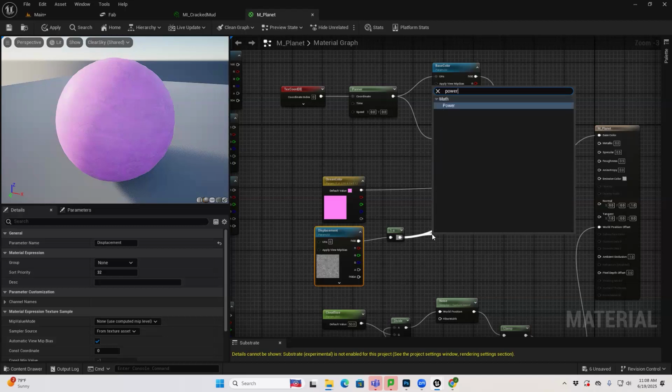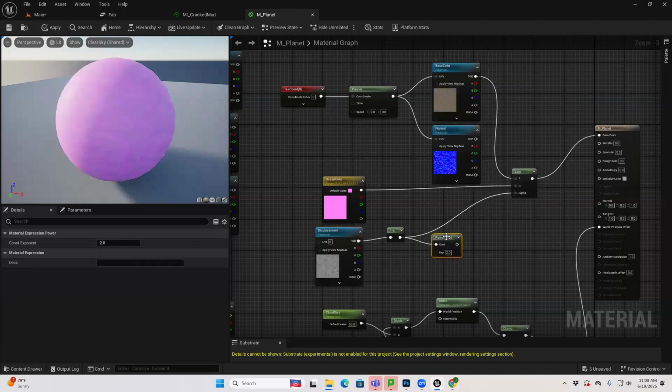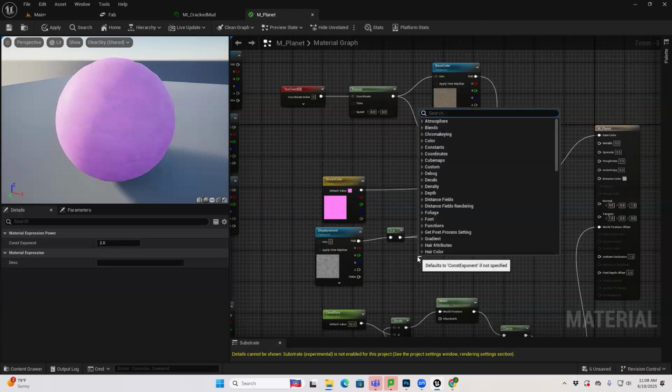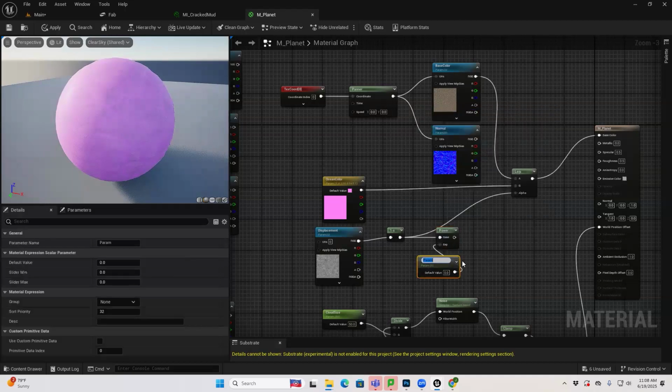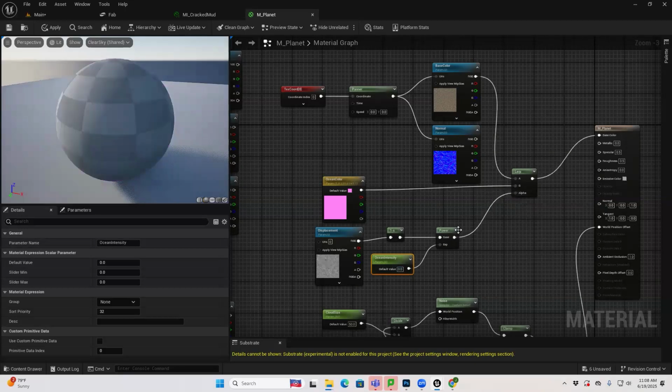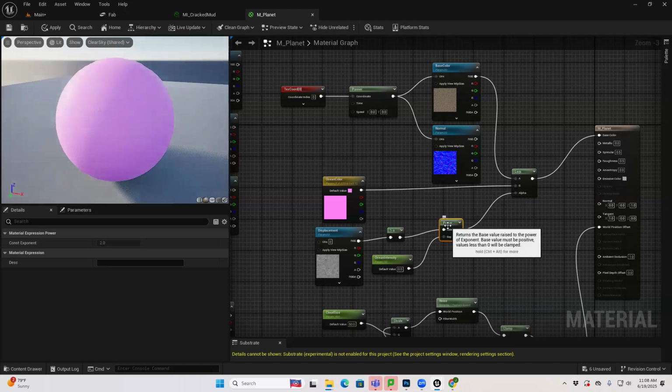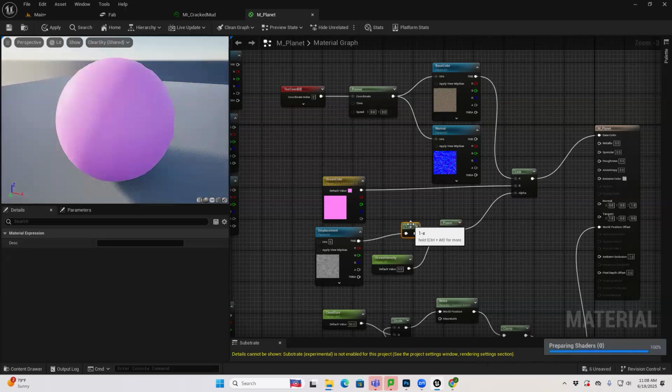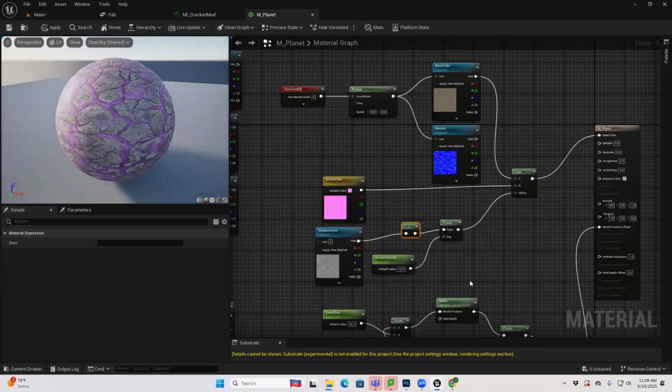So an exponent, right? So if I right click and I do some more math, I need a power. So I need this image raised by a power of something, right? And so I'm just going to call this ocean intensity, right? And we'll set this, and then we'll connect this to the alpha now, right? So what I'm doing here is I'm increasing the contrast. And so if I increase it by a power of 10,